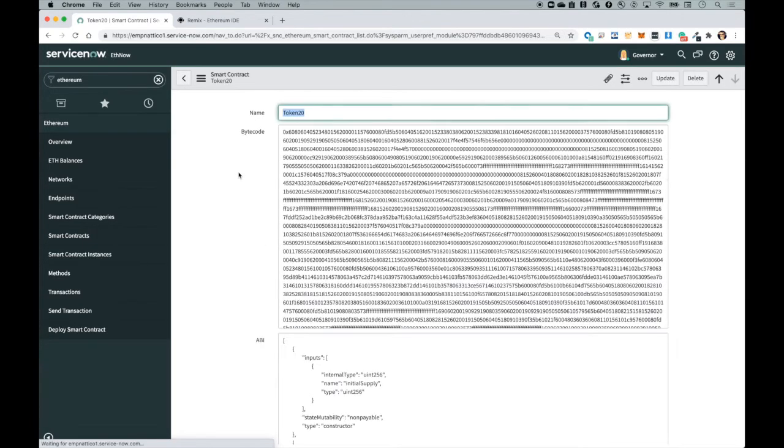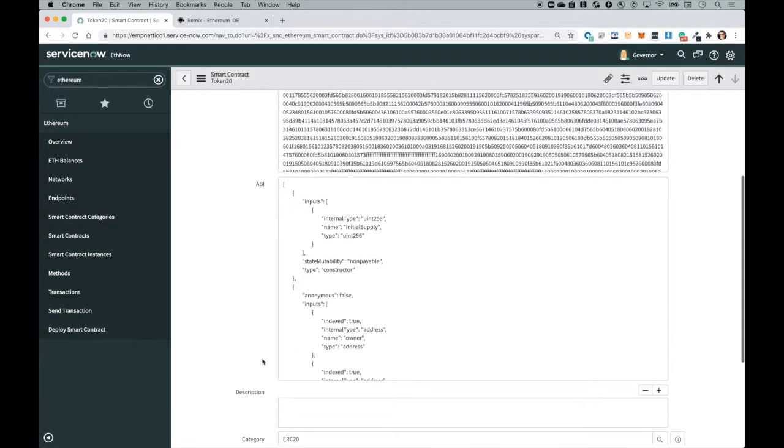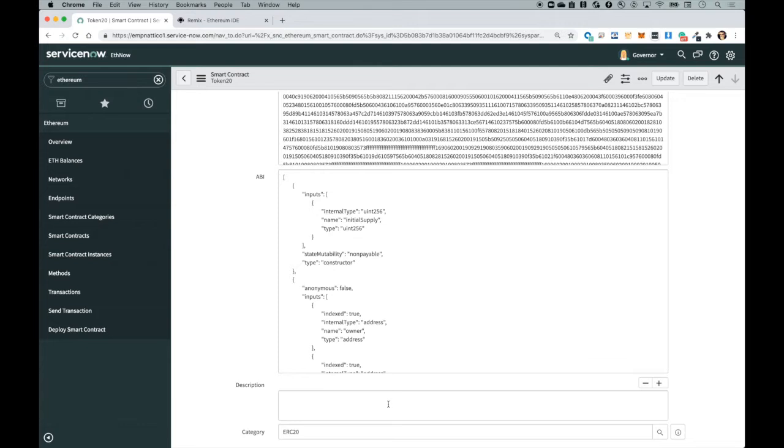Each contract contains the bytecode, that is the executable of the program that we deploy on the blockchain, and we can compile that offline. And the ABI, that is the programmatic interface to the smart contract with methods and events. Then we have the smart contract instance that we will deploy in a moment, and it's also important to see